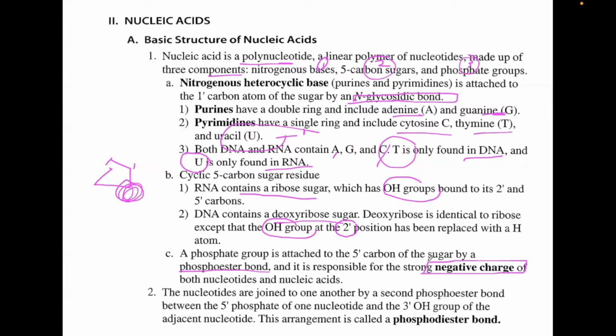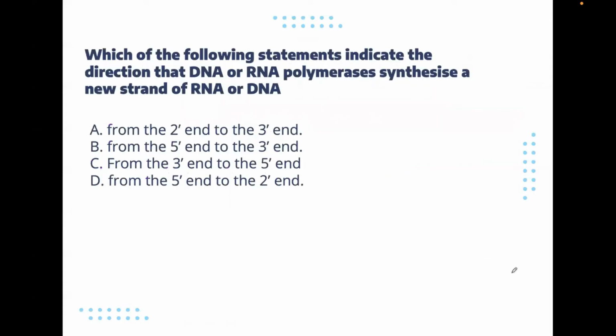The nucleotides are joined to one another by a phosphodiester bond between the 5' phosphate of one nucleotide and the 3'-OH group of the adjacent nucleotide. This arrangement is what we call your phosphodiester bond. Yun po yung tawag na. Next,